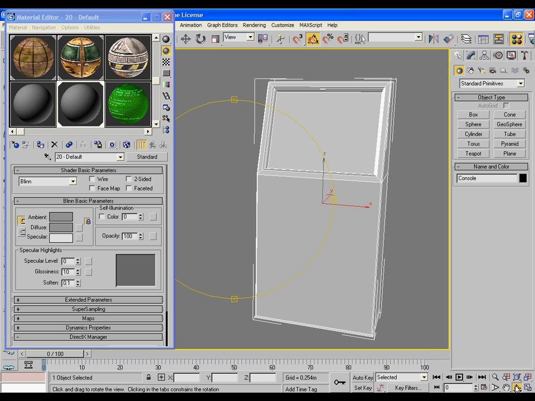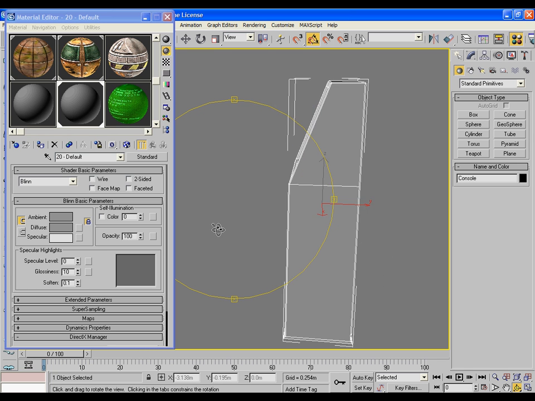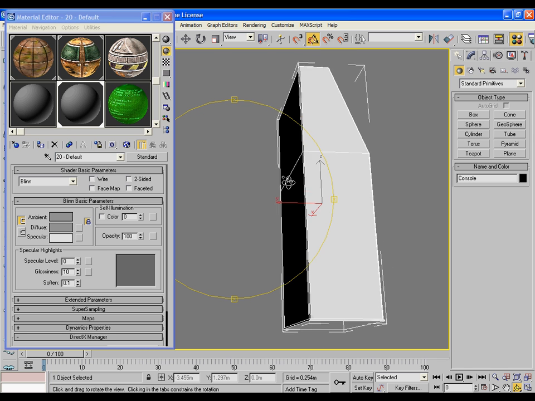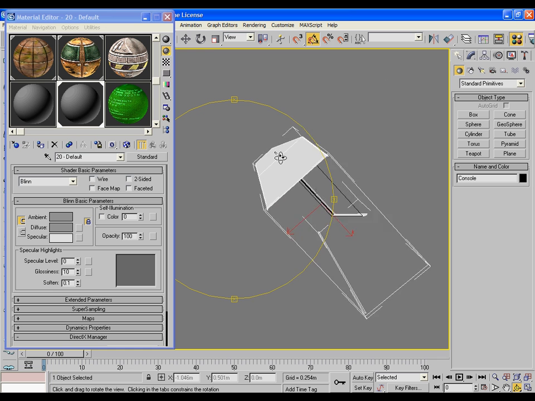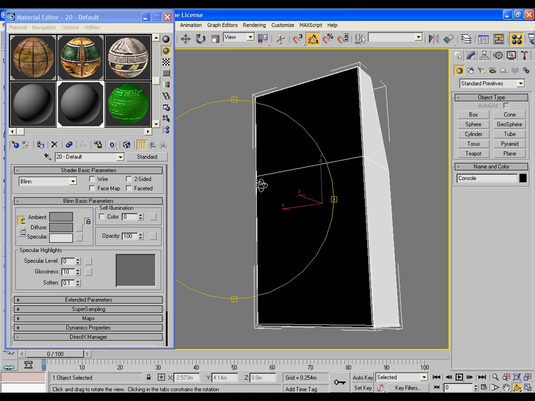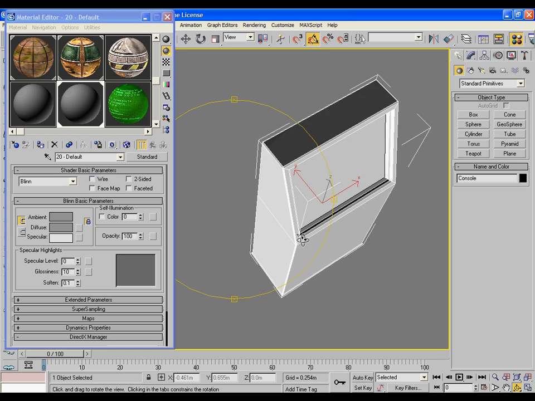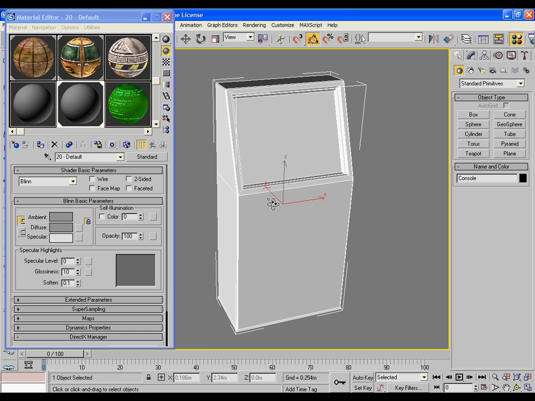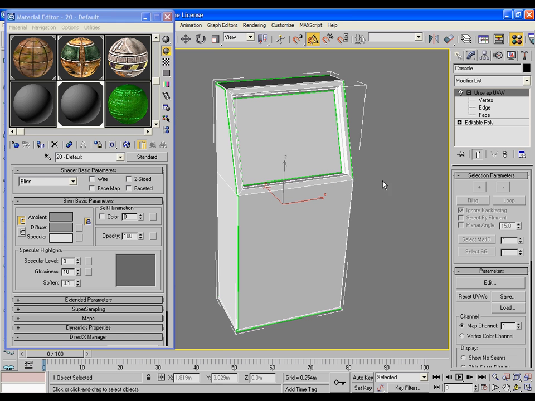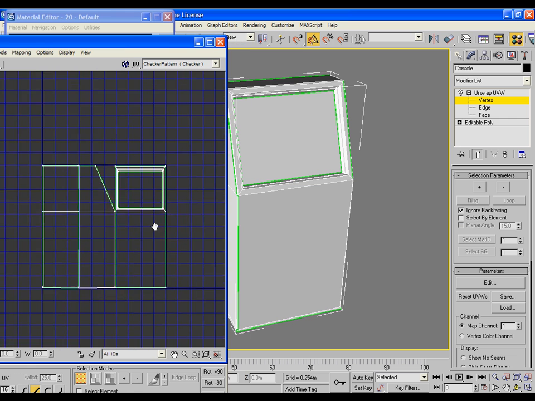There we go. We can rotate around the object so far. As you can see, it's like a simple boxed object. Bottom face is deleted because we don't need it. Back, sides, front, top. I'll show you what I've done in the UV map and then explain how you can do the same or use it for other things. If we have a look here,